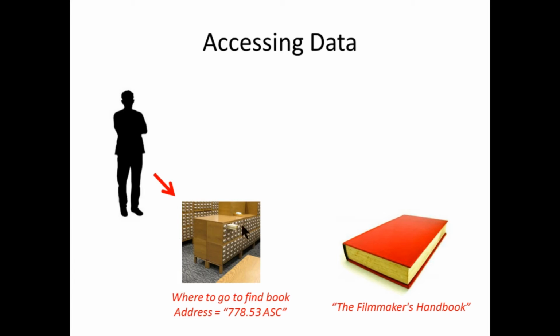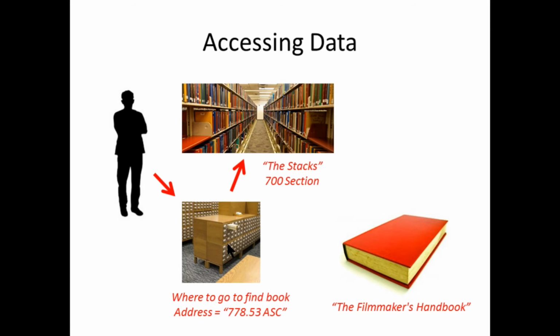So you go to the card catalog, you find the alphabetical listing of the book, you pull out the drawer, you sort through until you find the right card for your book, and it will give you an address. And in this case, for The Filmmaker's Handbook we're looking for, the address is 778.53 ASC. So you find the address, you write it down on a slip of paper, and you then venture